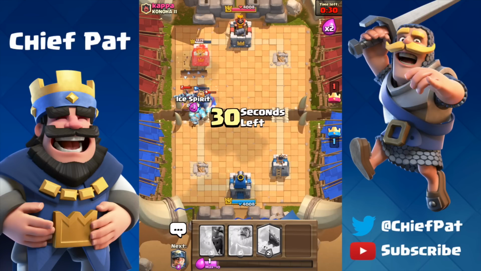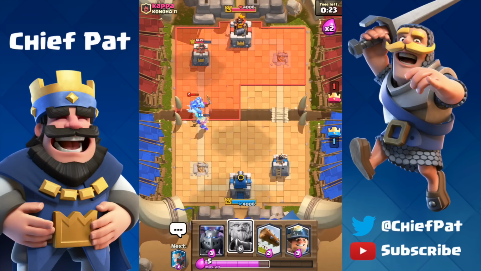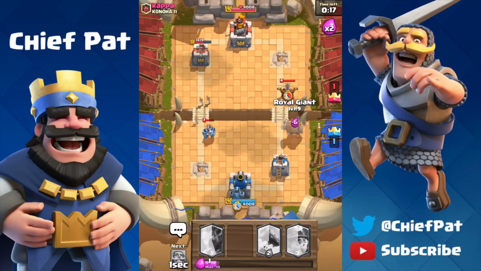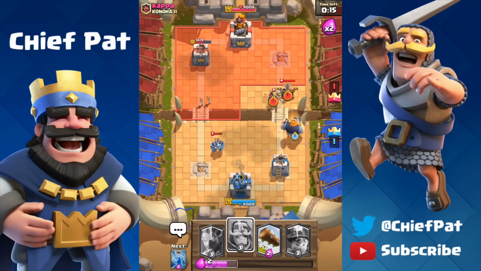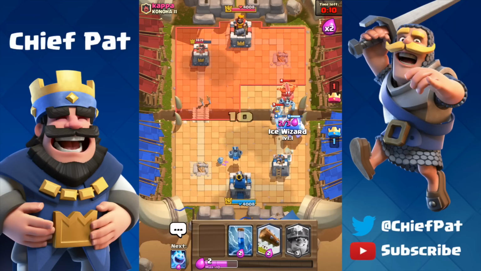Zap will be perfectly timed to help out as well, and now with 27 seconds left in the battle, he did end up taking my tower with the log or something else that he dropped earlier, but with 1400 HP left on his tower, it's going to be really hard for him to do anything against my base, because now I've got the Royal Giant perfectly played, I've got the Knight versus his Knight,